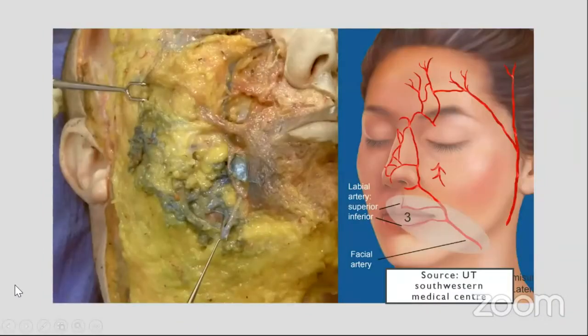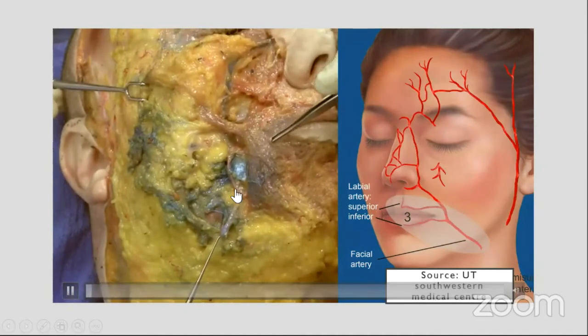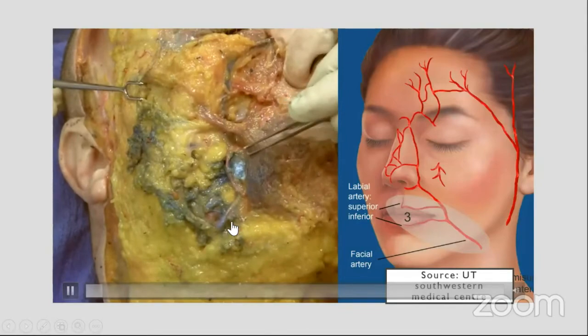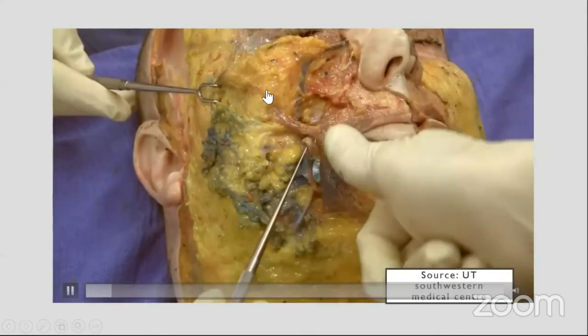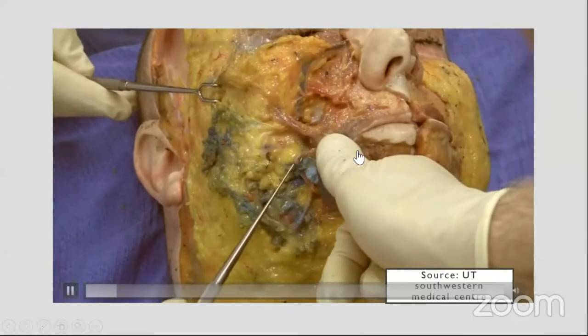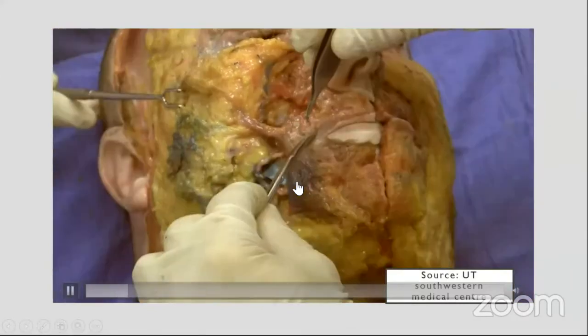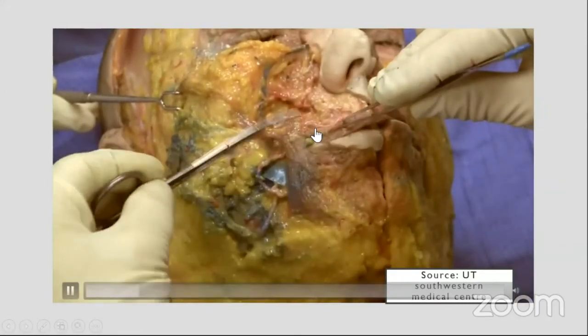Further, coming on to the last part of my talk, the vasculature of the face. The facial artery, which is the most important vasculature of the face, starts lower down in the neck, goes up in a tortuous manner, and lies lateral, around one thumb width lateral to the commissure of the lips. And further when it goes, it branches into 2 arteries.